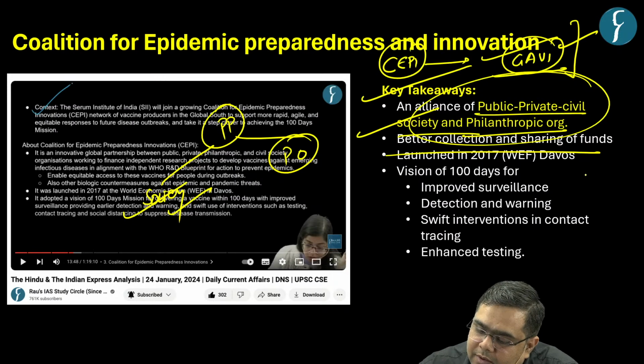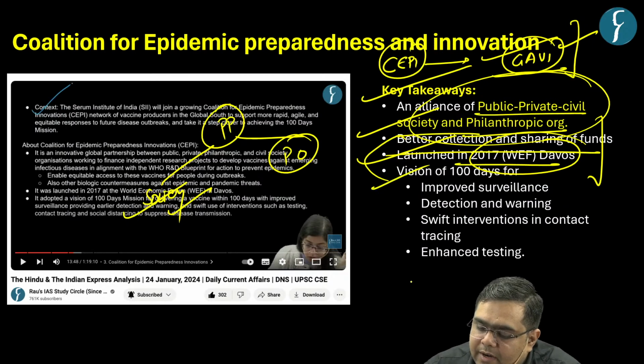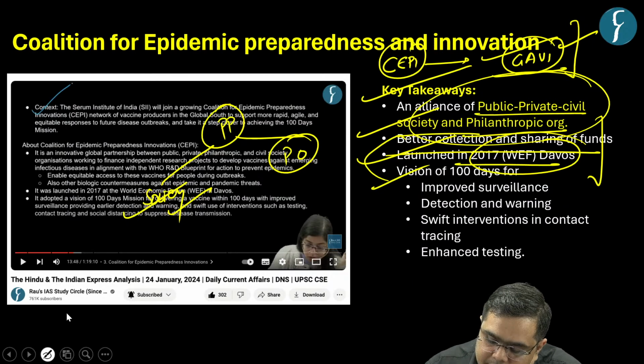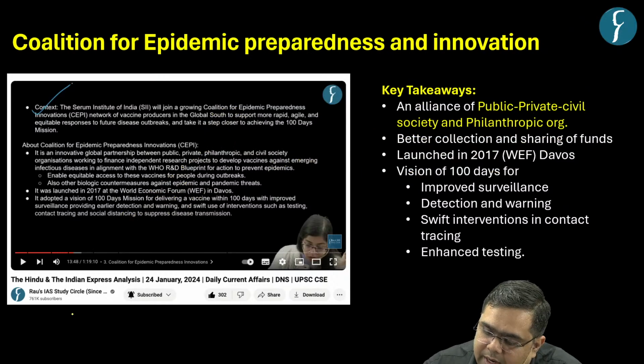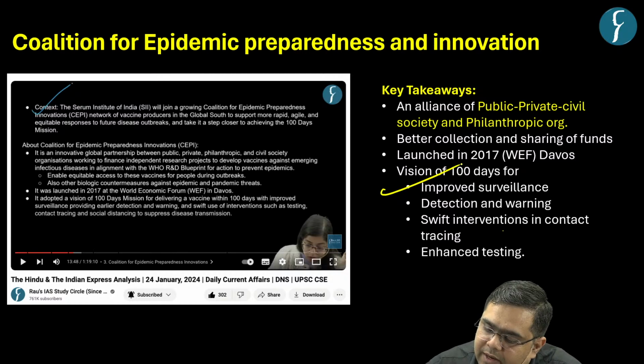So this alliance was launched in Davos, and its mandate has now been further strengthened for better collection and sharing of funds, and it has a 100 days vision. The 100 days vision is with respect to improved surveillance of epidemics,